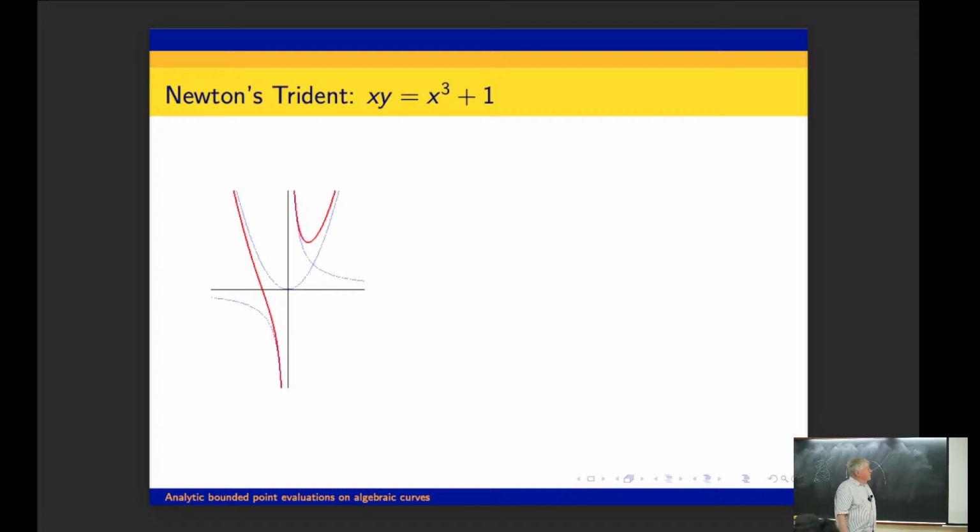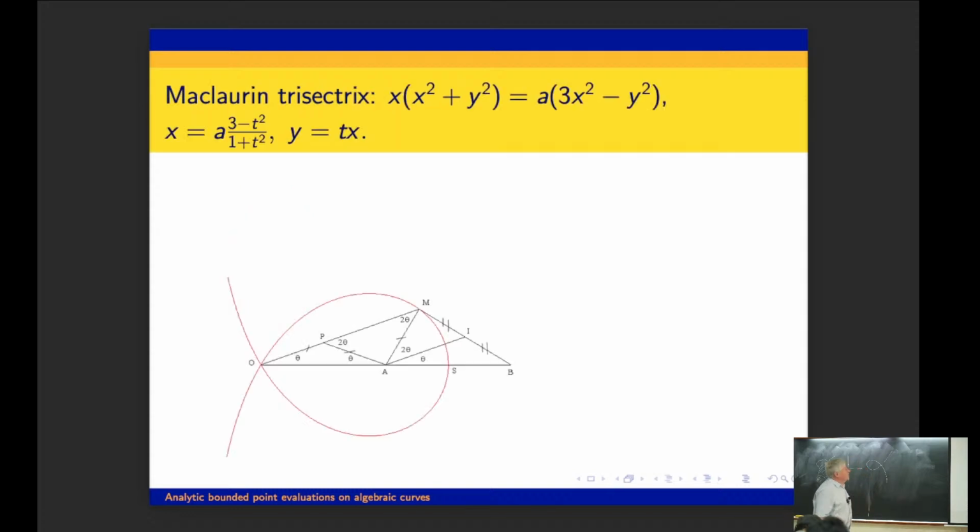Obviously, this is rational. You see the rational parametrization. Y is a rational function of x. It's a very simple curve. This is more interesting. And why I mentioned this trisectrix: there are special points which are in the parameter space covered twice, or they are not accessible. And you can see the parametrization is not totally trivial. And how to prove the theorem: you have a measure on this curve, then you pull it back in the parameter t, you work there with rational functions, you come back.